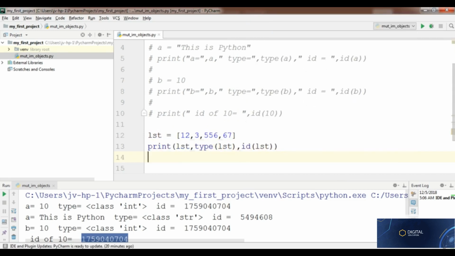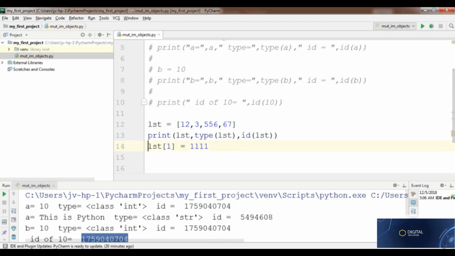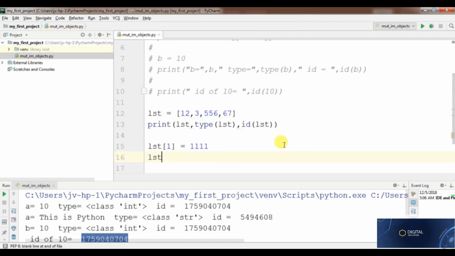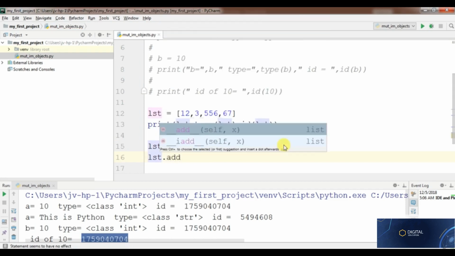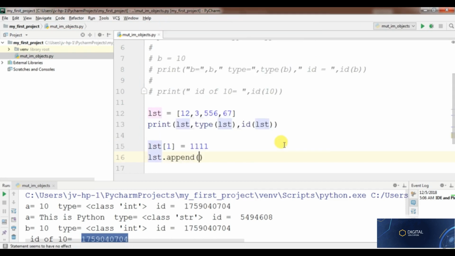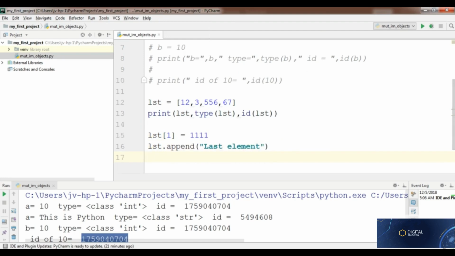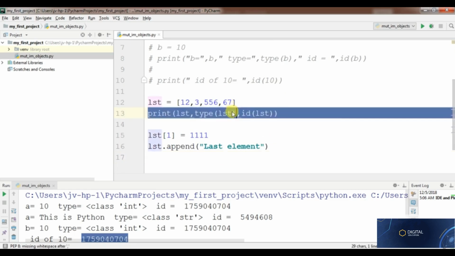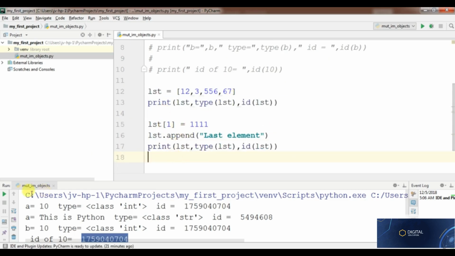Now let's modify this. So how to modify? I'll go to index value 1 and change this value. One more thing I'll do, I'll append with the help of this function. I'll append one more element here, let's say last element. Now again I print this. Let's run this